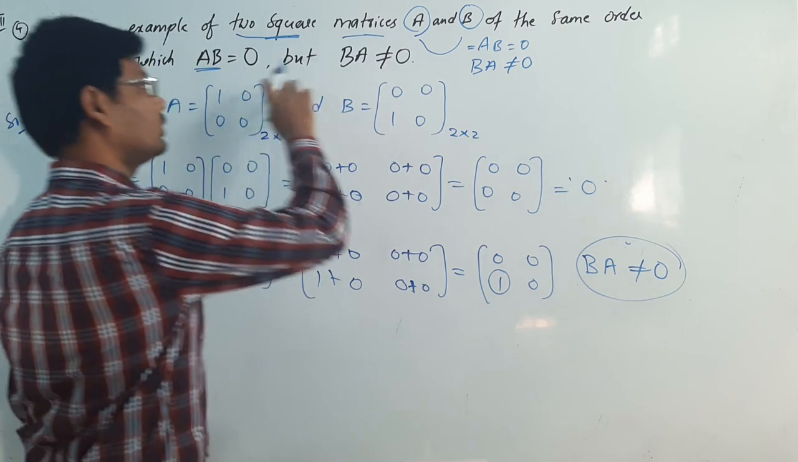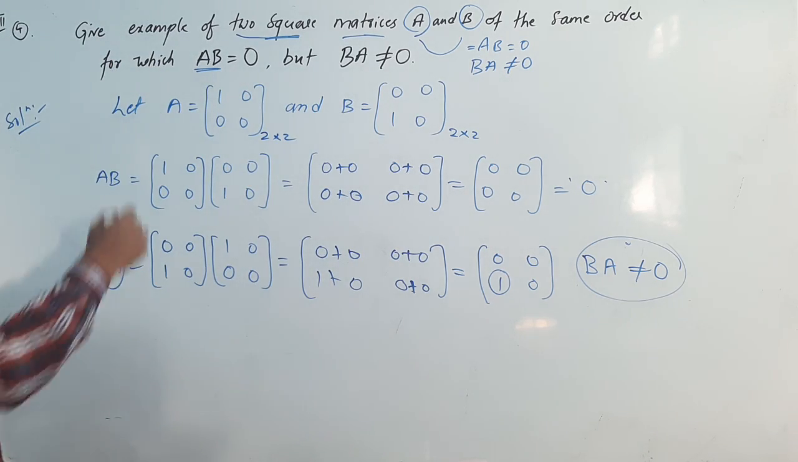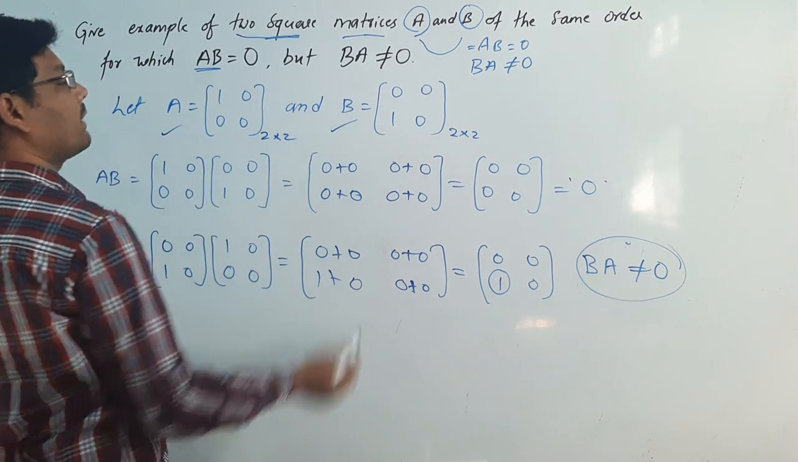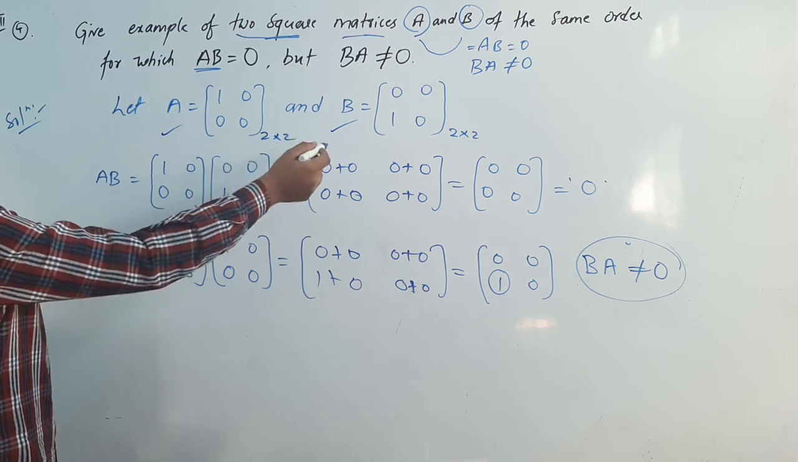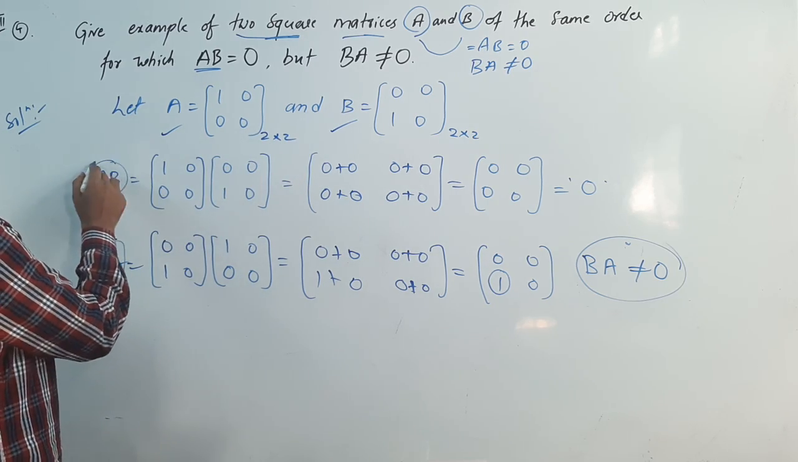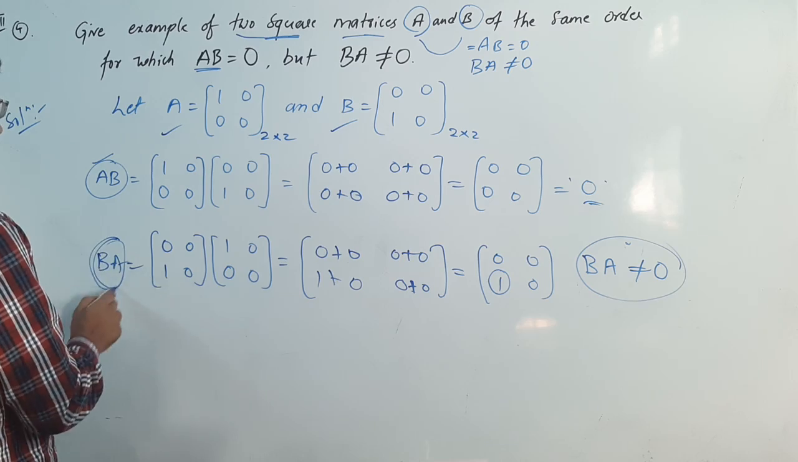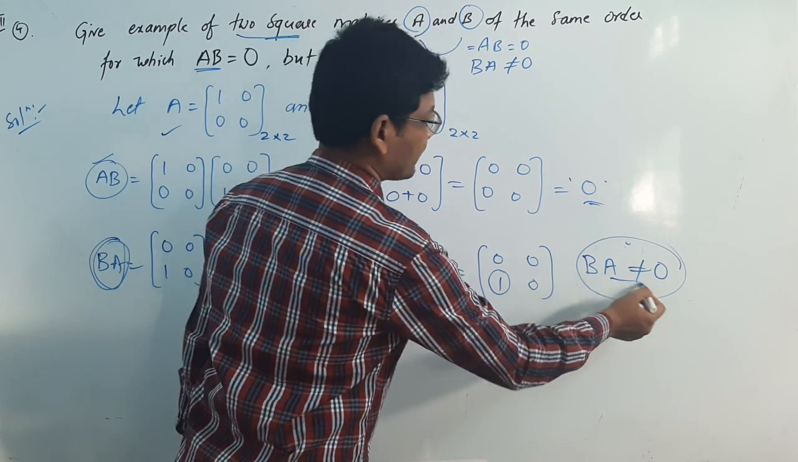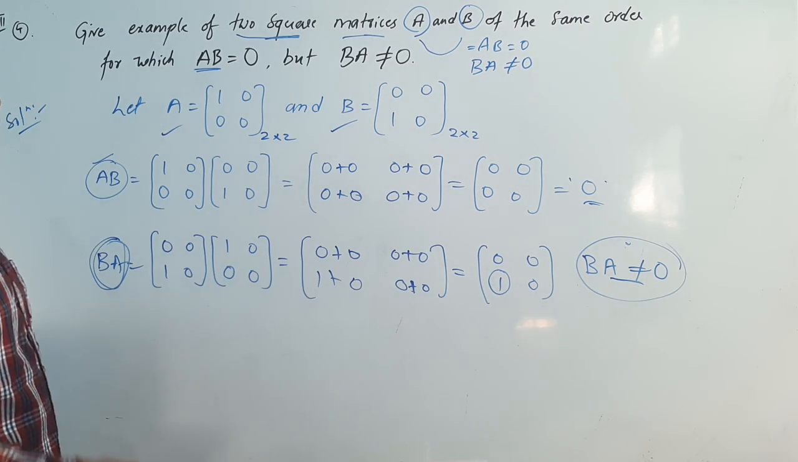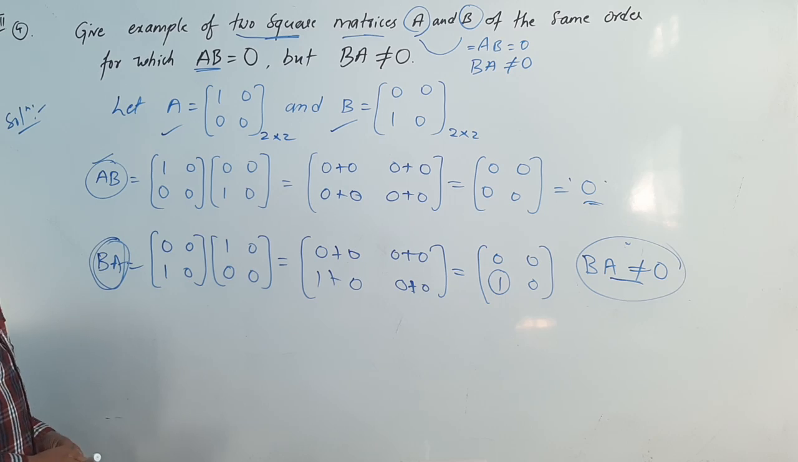So here the two conditions are satisfied. These are the two example matrices. When we multiply A and B we get the null matrix, but BA will not be a null matrix here. This is all about the solution of this question, and the next question is